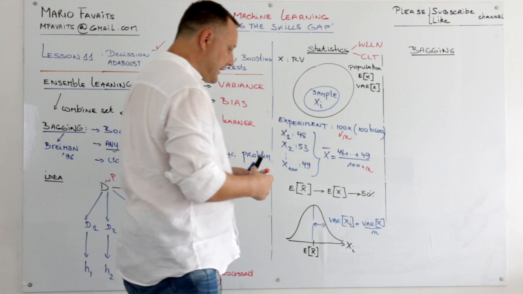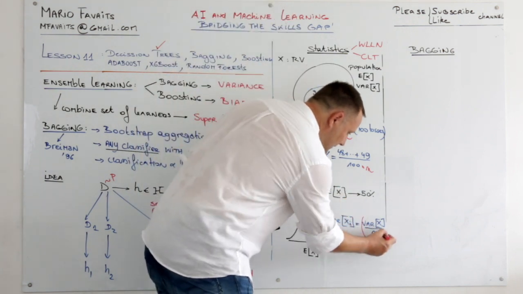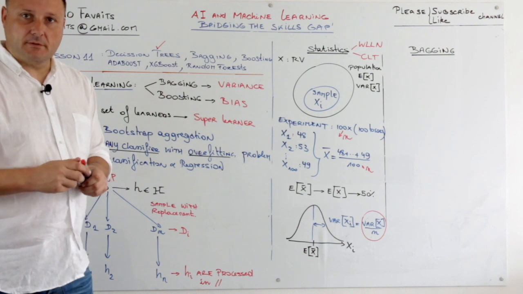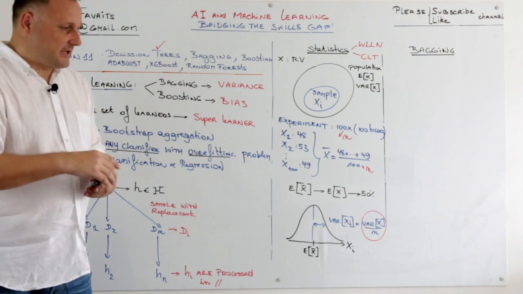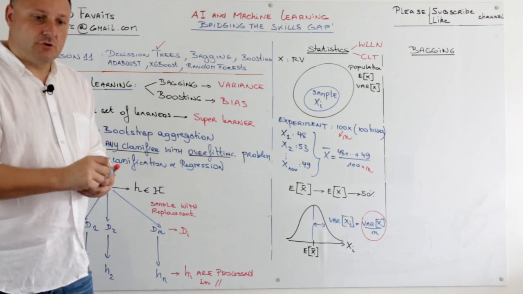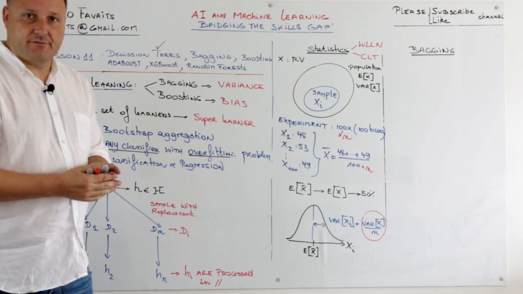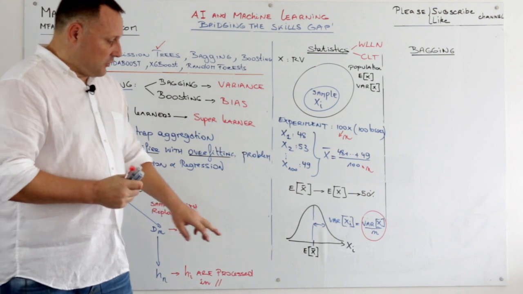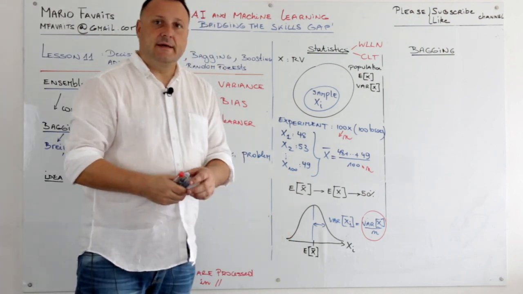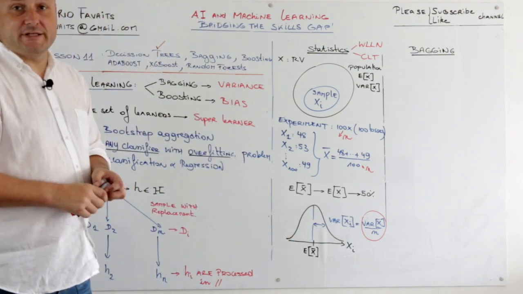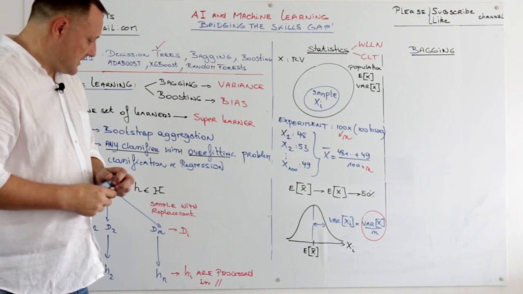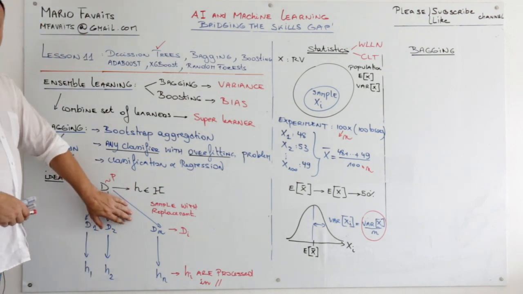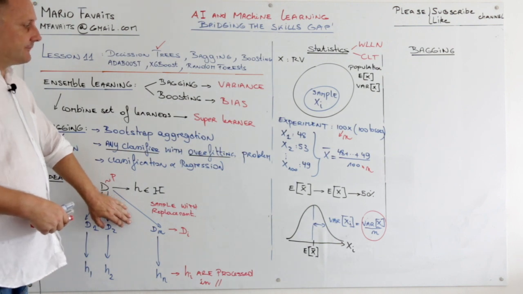So that's why, of course, you solve your variance problem. The more experiments you do, the lower your variance. And the more you converge to the population mean. So now let's see how this works with bagging.